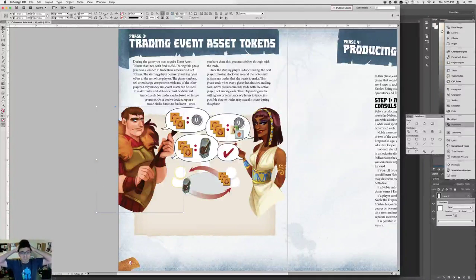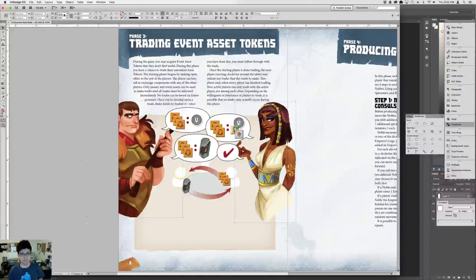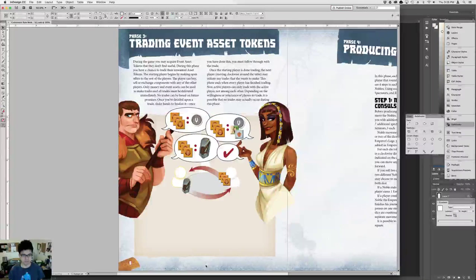Now, what I'm trying to figure out is whether I want to show a second type of trade happening here. And a lot of that depends on how much space I have. I don't know whether the developer wants to show multiple types of trades, so for the time being, I'm just going to fill up the rest of this space with the art and the diagram, and hopefully that'll be sufficient example, because I don't have any further content to really build anything off of. So I'm going to increase the scale of these two characters just a tad. I'm going to increase the size of this example background a bit,